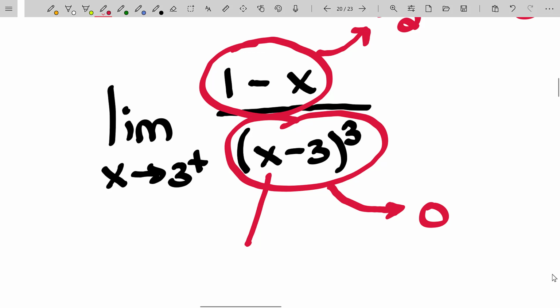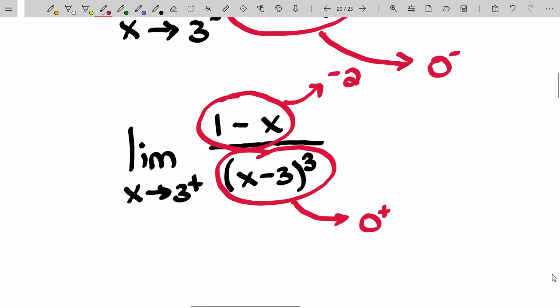It's near 0, but still positive. And when you cube it, it's still near 0 and positive. So our numerator is approaching, not equal to, but approaching a negative finite number. Our denominator is approaching 0, but positive. A negative number divided by a positive number is negative,